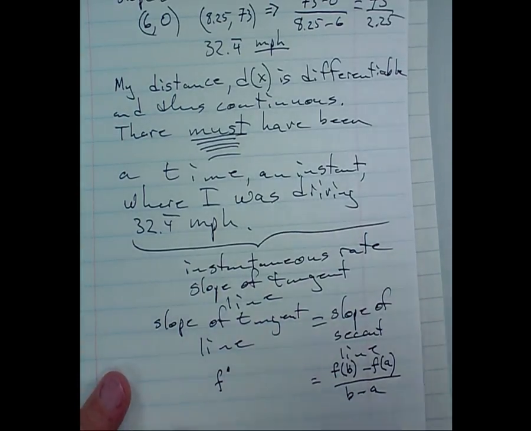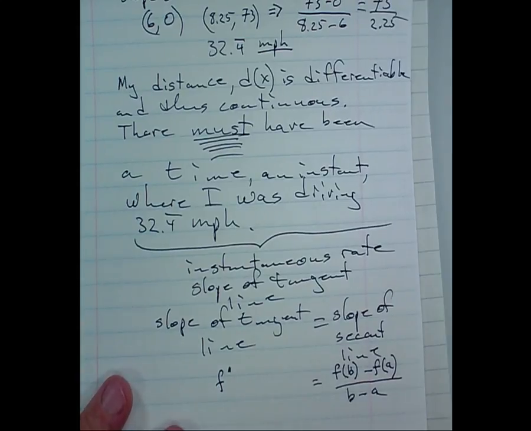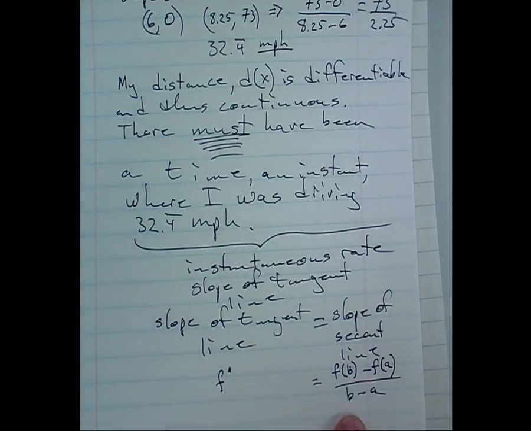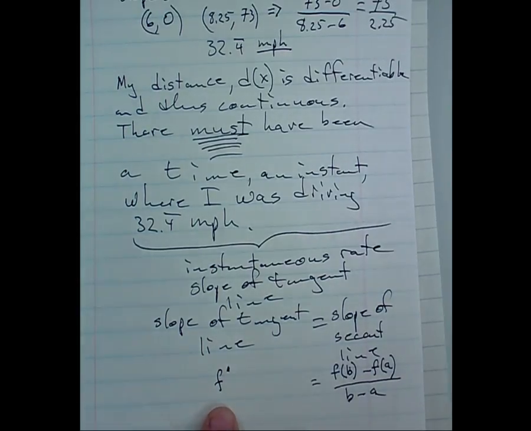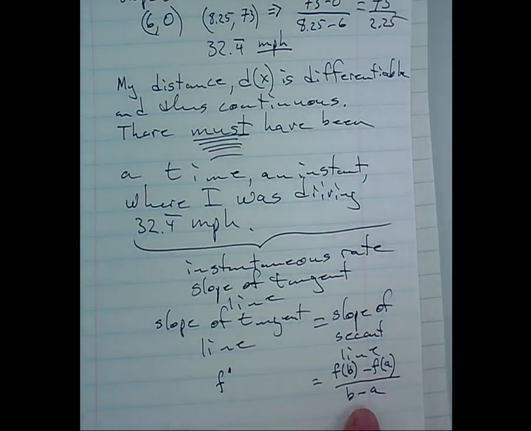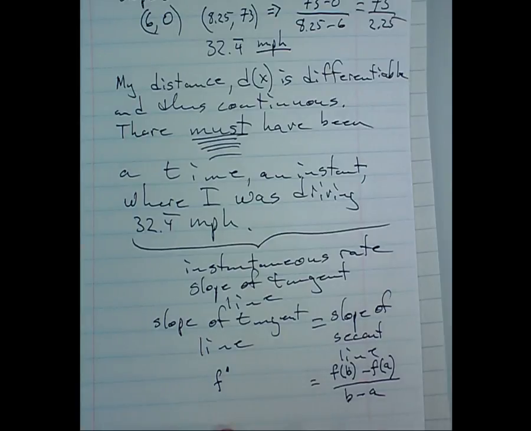Okay, we have all these rules for how to figure out f prime, right? We only have one way to figure out the average rate. Would you agree with that? Only one way. Here we have a whole bunch of ways. We have the product rule, the quotient rule, the power rule, our trig rules, and they go on and on and on. Chain rule, right? Here one way. Here more than one way, right?